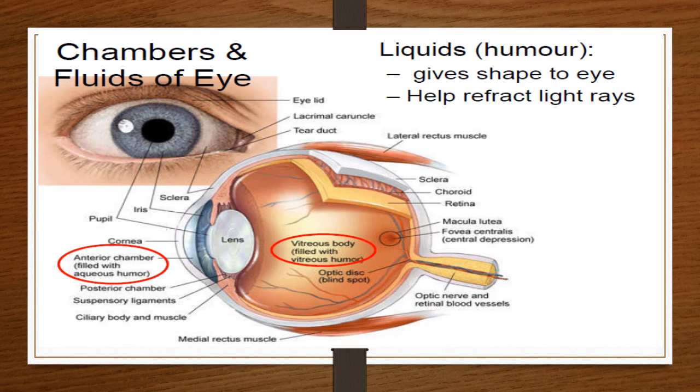So here is the structure of the eye. You can clearly see different component parts of the eye. The white part is the sclera, and next to the sclera is the choroid. The choroid is modified as the ciliary body and iris. Then you can see the pupil, and you can also see the innermost layer, the retina, and the fovea centralis, the yellow spot where the image is formed. The vitreous chamber and the aqueous chamber are filled with vitreous humor and aqueous humor, and the lens is held by the suspensory ligaments.